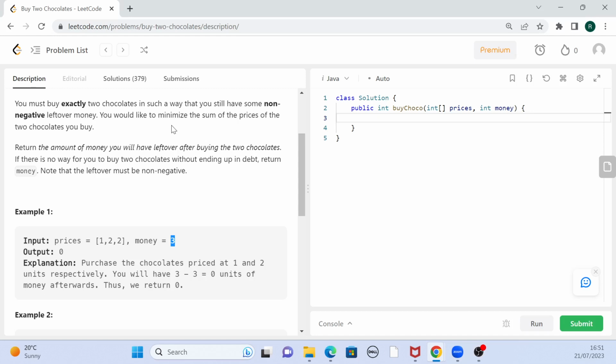Now what we have to do is return the amount of money that we have left after buying the 2 chocolates. So for example, if you buy the 2 chocolates with $3, then let's say you buy the first chocolate and the second one, you are not left with any money, so you will return 0. However,